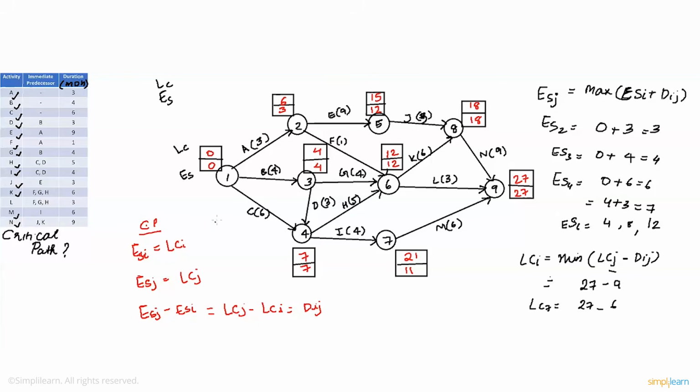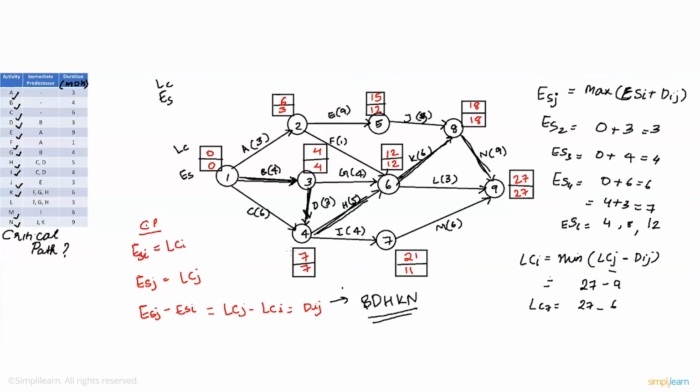The critical path for this question is B, D, H, K, and N. The critical path is B, D, H, K, N. And thanks to the help of the critical path, we can also determine the maximum amount of